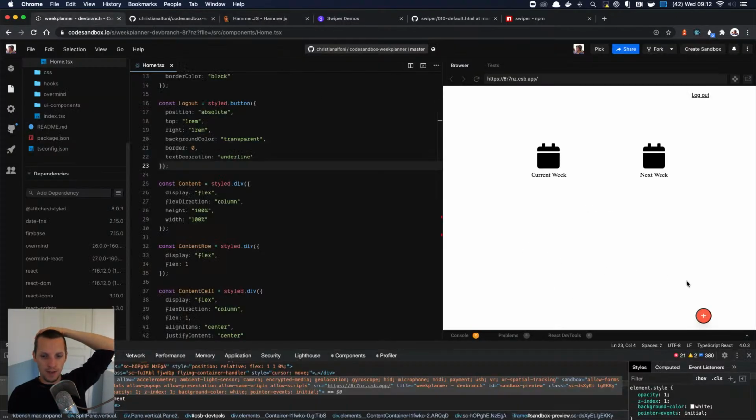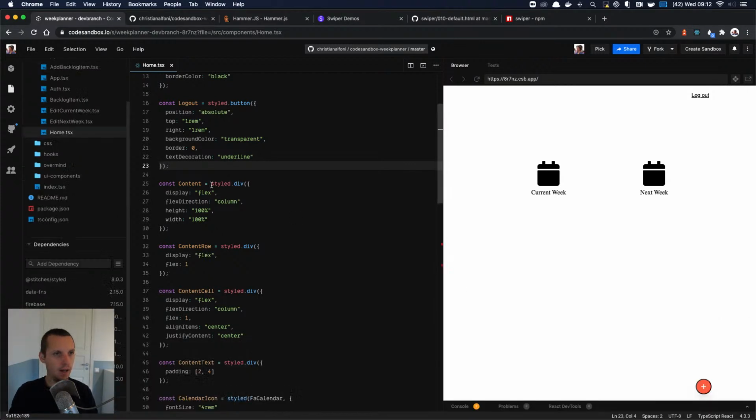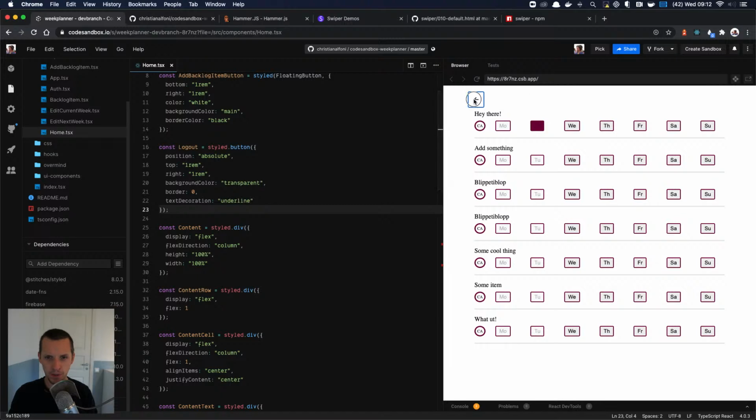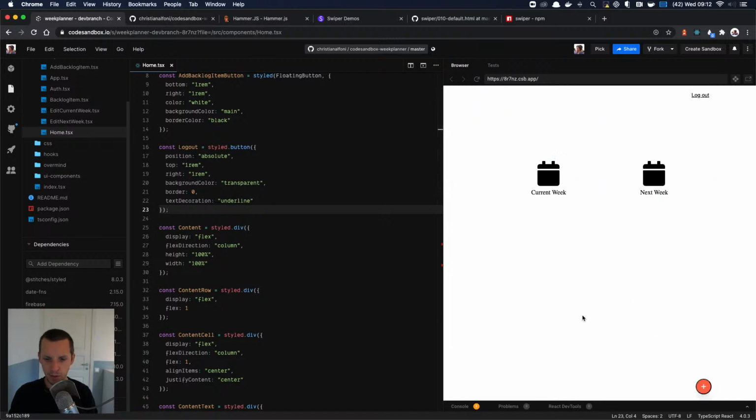We just want a div here. And then whenever you swipe one or the other way, we want to move the thing there. Yes, let's do that. Cool. I think that's it for now. We got a little bit further. We implemented next week, which was not much. But next time we're going to add this swiping thing, which is going to be interesting.